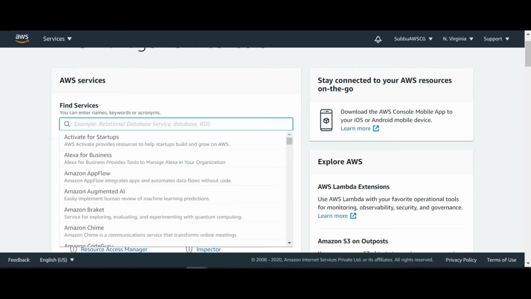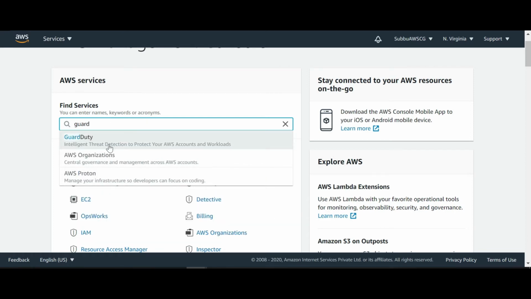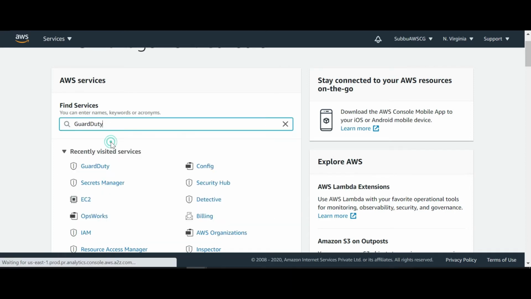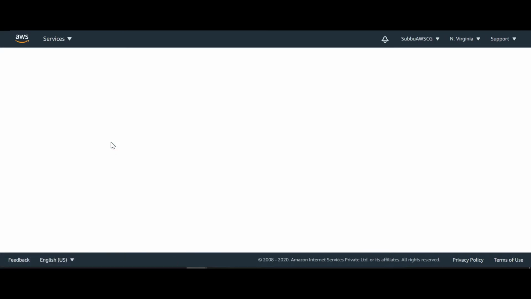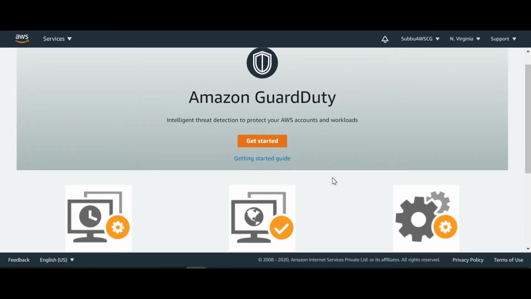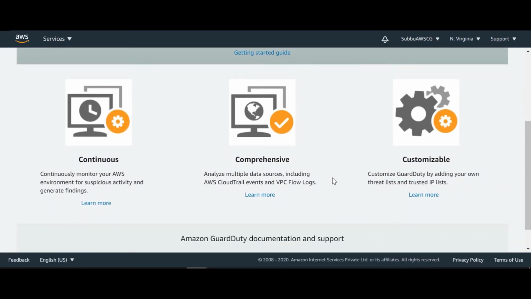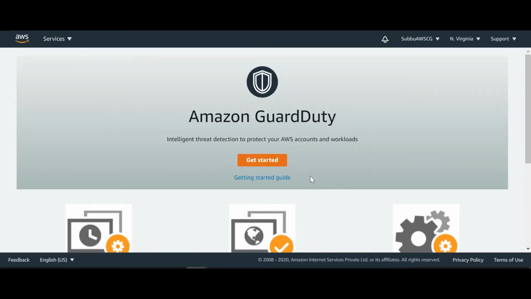Otherwise, you can search here. Click on GuardDuty. So this is required for intelligent threat detection to protect your AWS accounts and workloads. This is a continuous, comprehensive and customizable process. Let me click on get started.